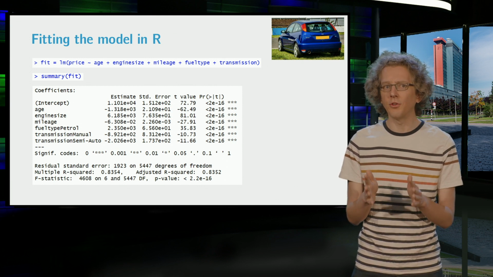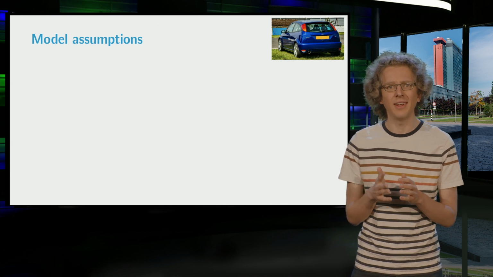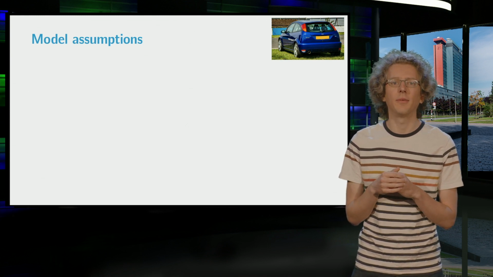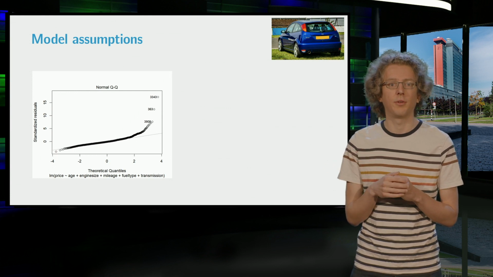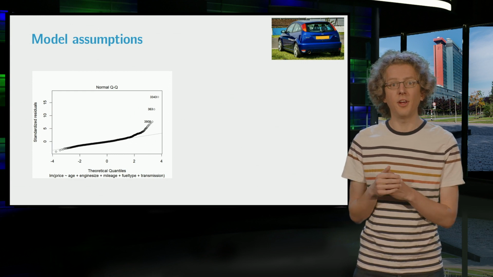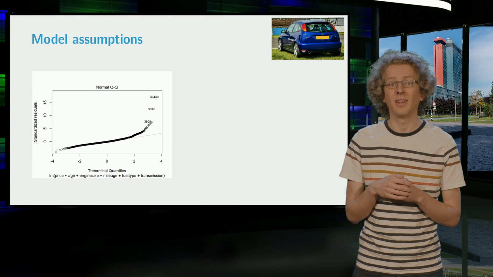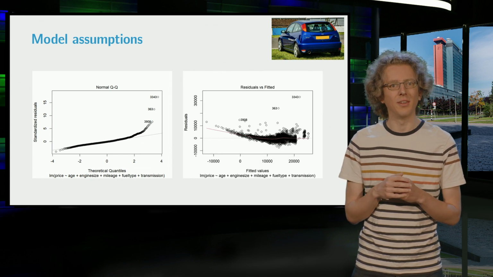However, we should not forget to check our model assumptions. And unfortunately, here things do not look very nice. This is the QQ plot for the residuals. At the right-hand side of this plot, there is quite a large deviation from the straight line. And the scatter plot of the residuals reveals that quite a lot is going on.